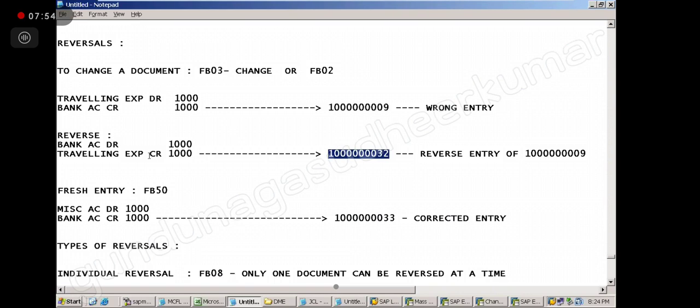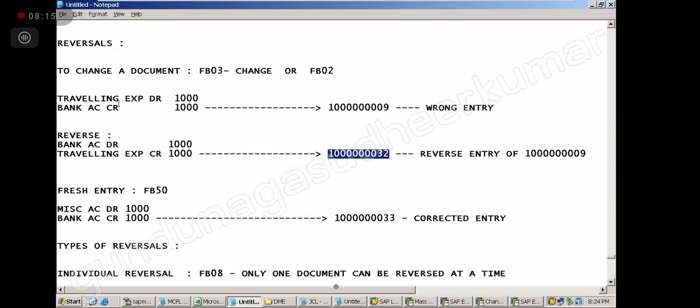Now this entry is there. I want to reverse this entry. Can I do this or not? No. So by mistake I have reversed, I want to correct it. I should not have reversed this, but I reversed this. Now I am saying I don't want to reverse. Go back. Can I do that?